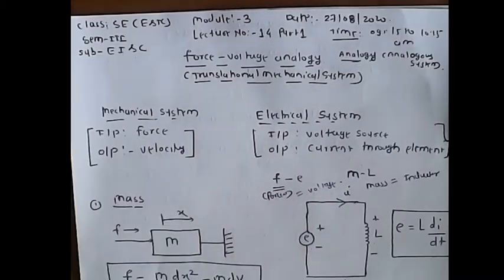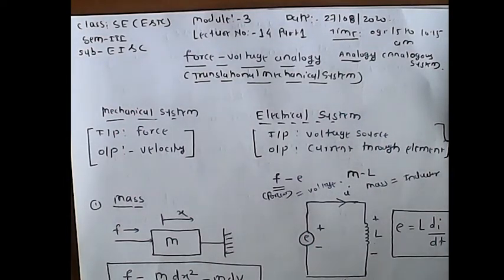Today I am going to explain the concept of analogous system. So what is meant by analogous system? In many control systems we observe there is a relationship between a mechanical system and an electrical system. So we can define there is an equilibrium or fixed relation between electrical and mechanical system that can be represented